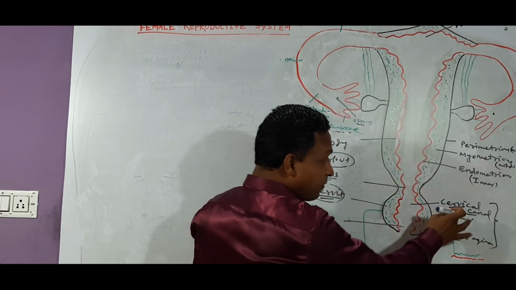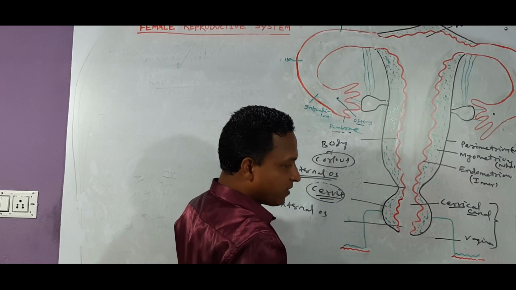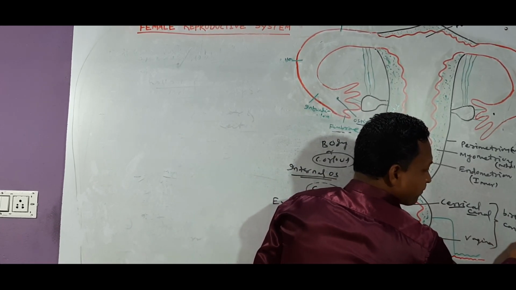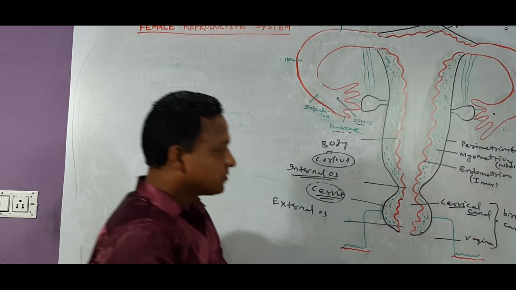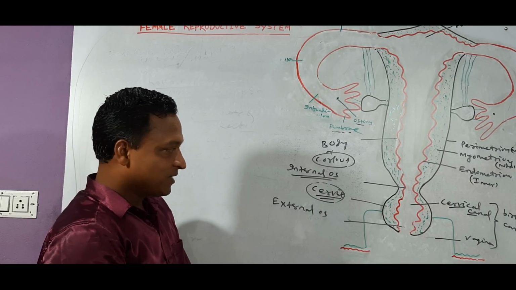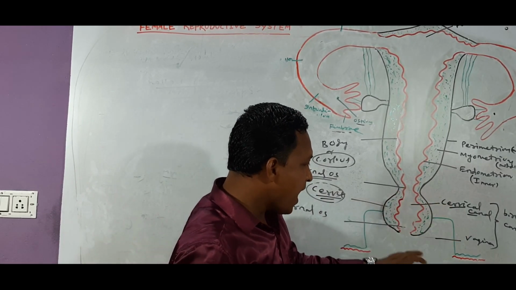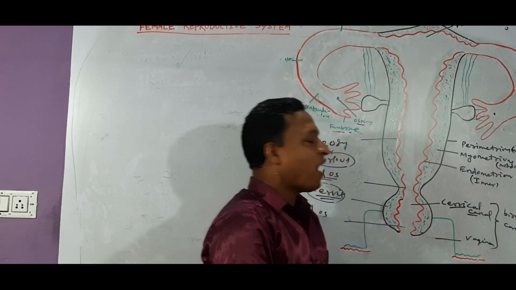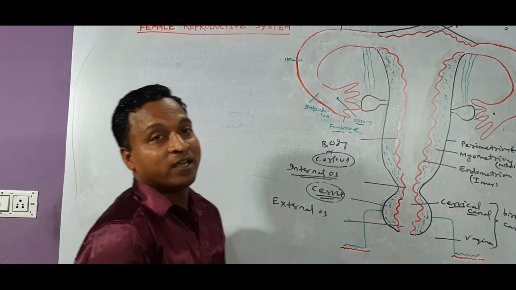This is the cervical canal and the vagina. The cavity of the vagina we can call birth canal. Okay, let us focus on the next one. The cavity of the cervix is called the cervical canal, and if we join the cervical canal along with the vagina, we can call that the birth canal. Clear? Okay, this is all about your uterus.